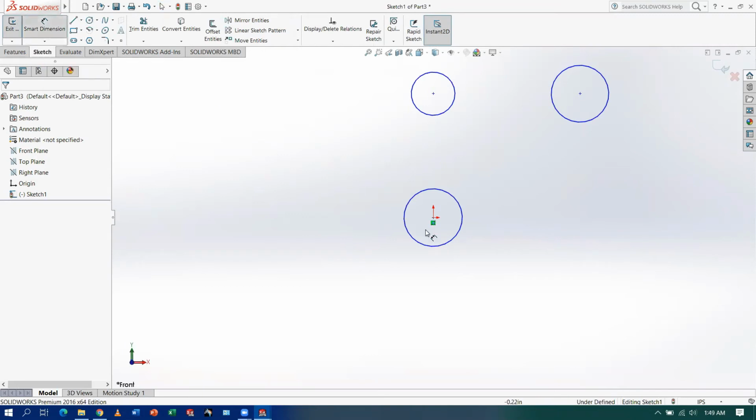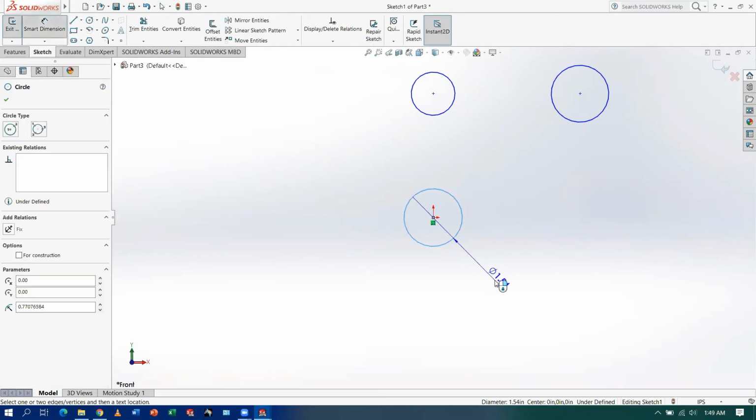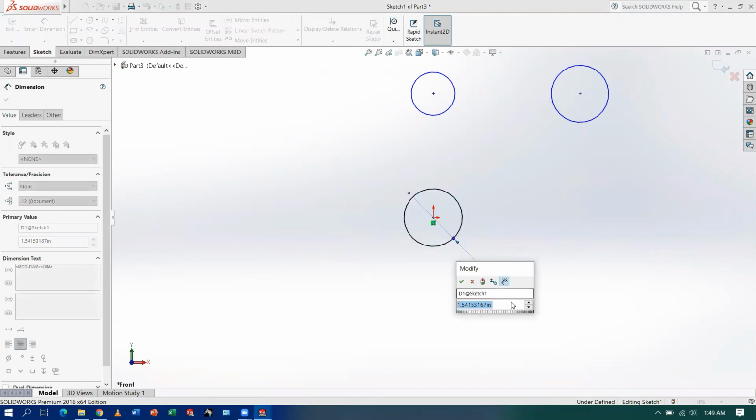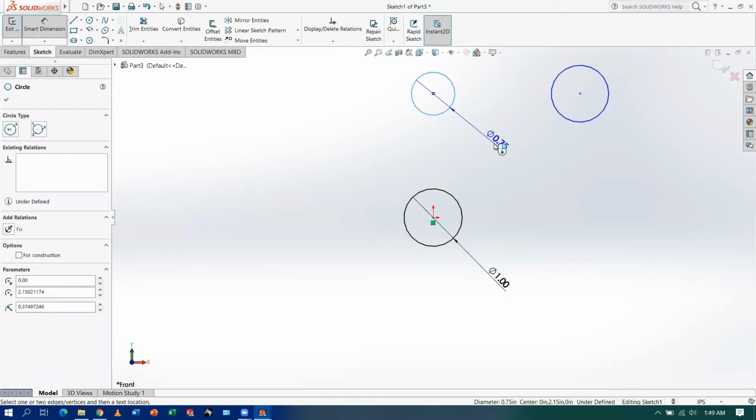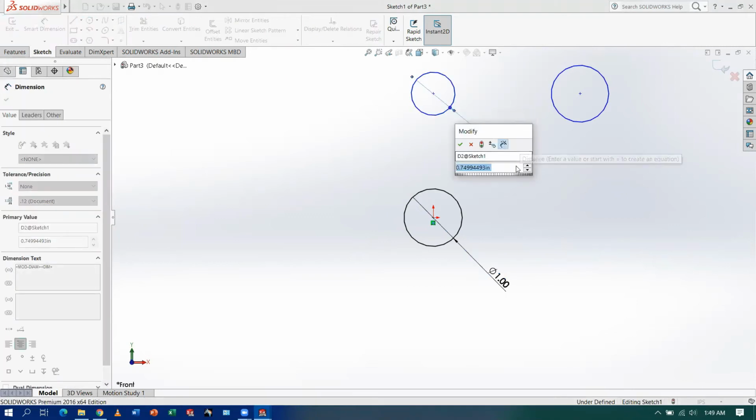Mark dimension. Take this 1 inch. Take this 0.63 inch.